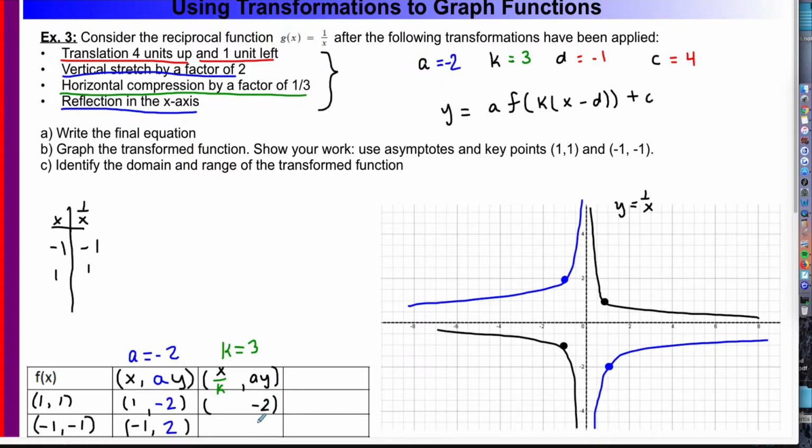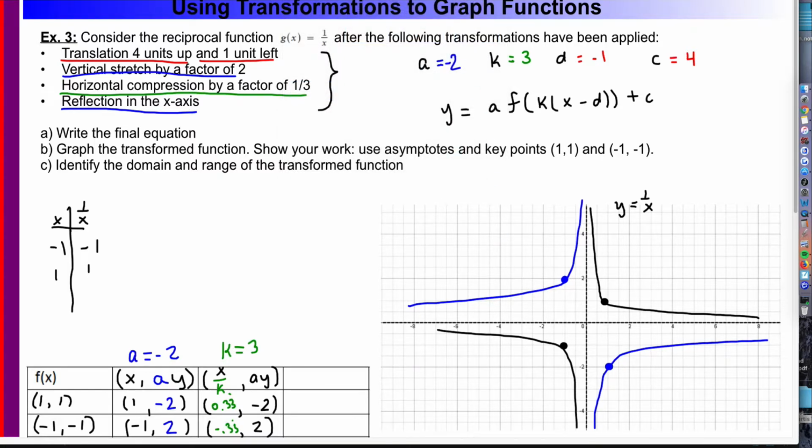The y value was -2 and +2. Now the x values, 1 divided by 3 is 0.33, repeating. -1 divided by 3 is -0.33, repeating. Okay, so on the graph,